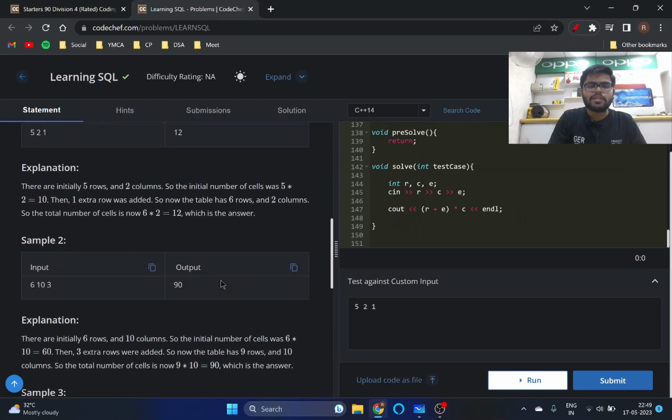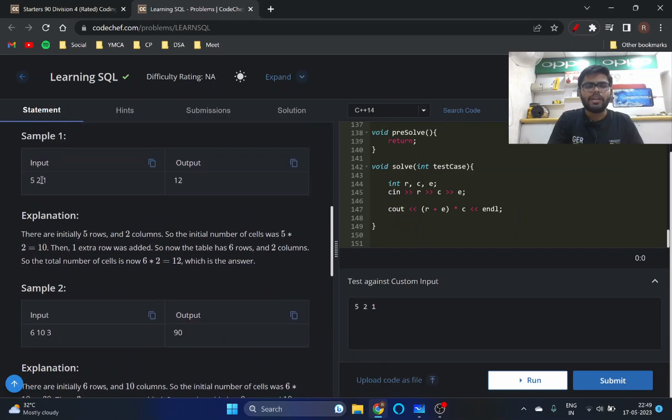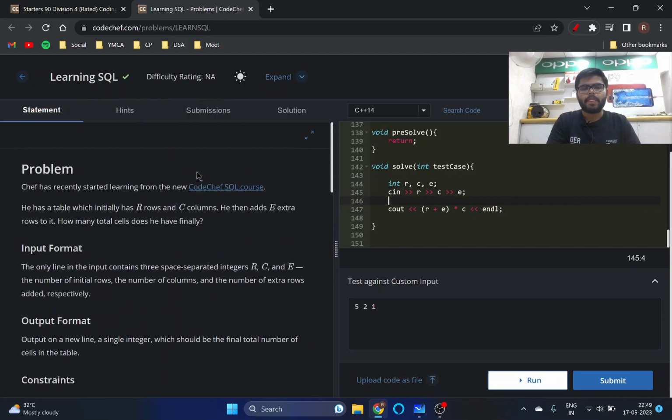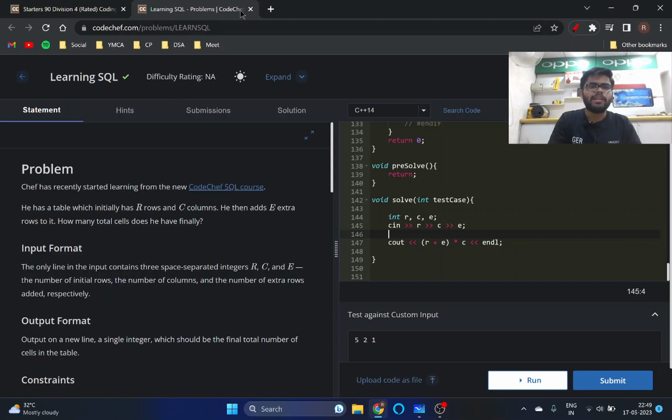So in this problem, the inputs are R, C, and E. I just took the inputs R, C, and E and then printed (R plus E) into C. And this problem got submitted. So that's it for this problem. And let's go ahead